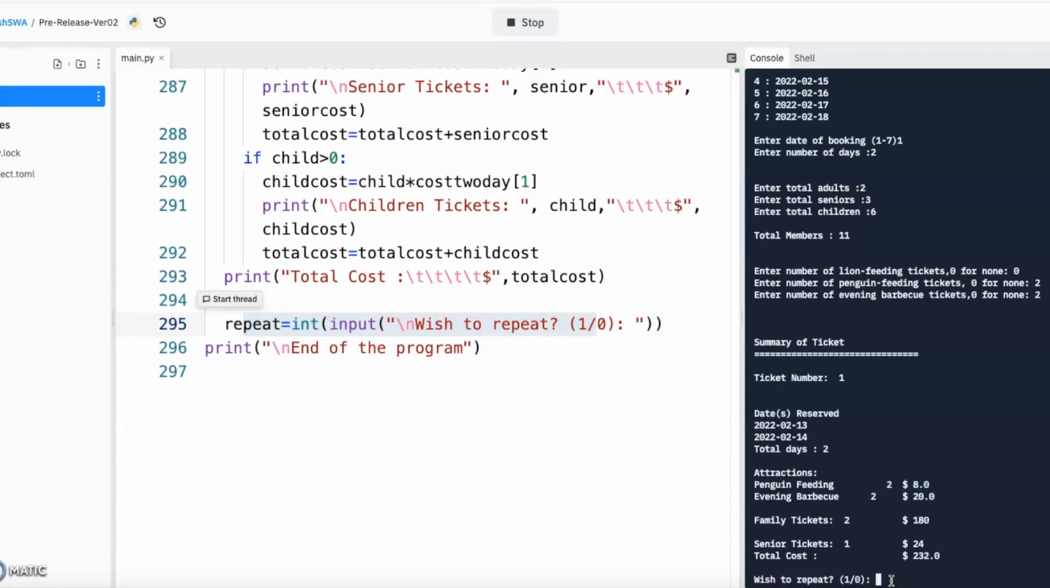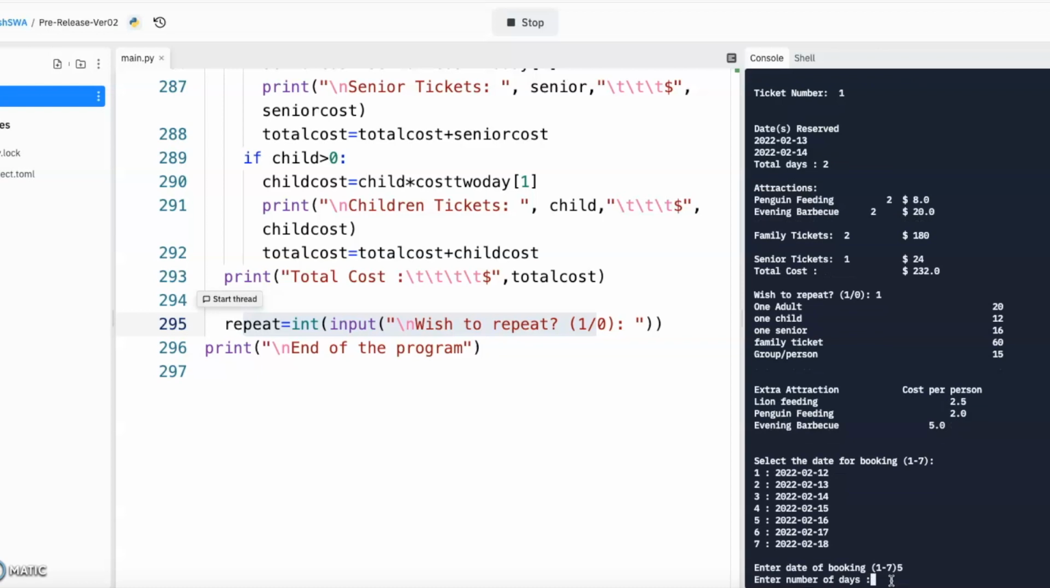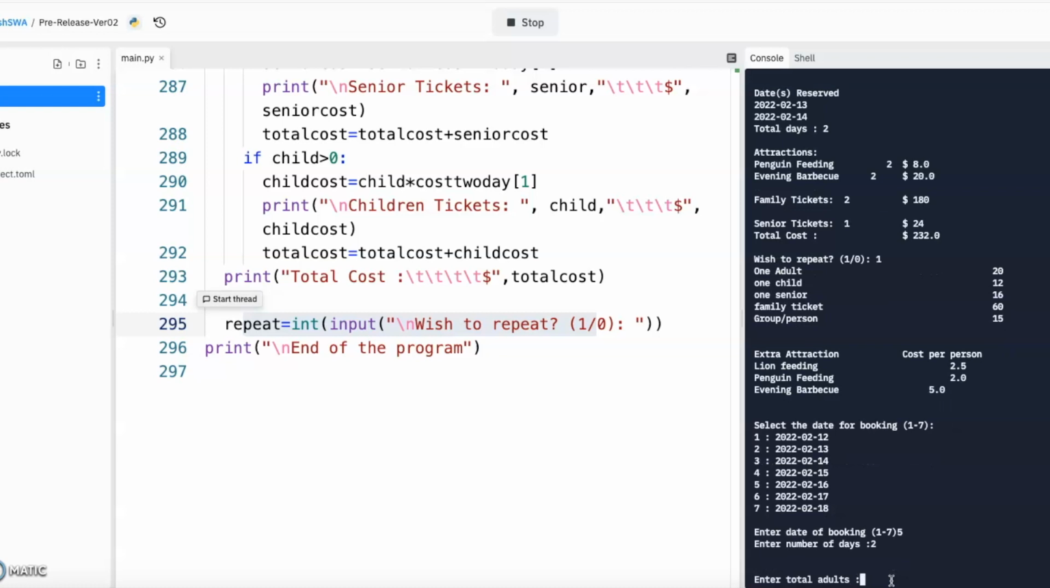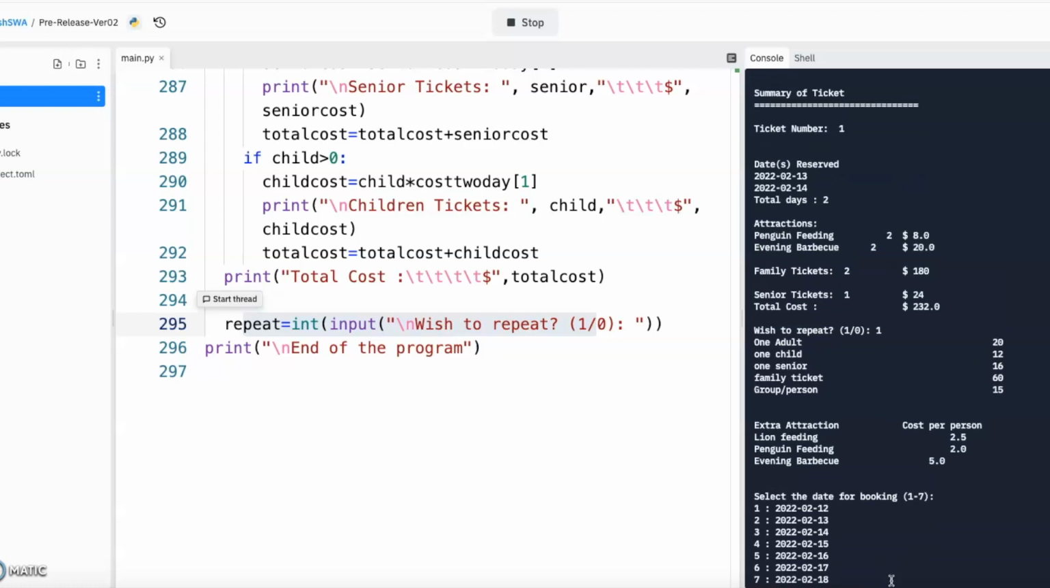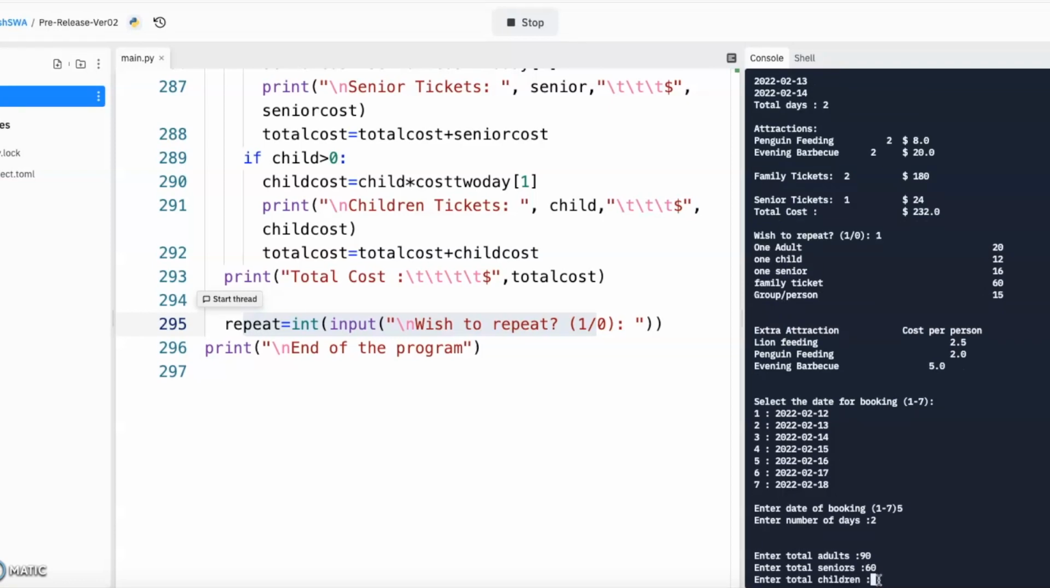So I give the choice as 1 to repeat. It's asking me the date of booking, so I give 5. 5 is 16th Feb. Number of days, let's say I give 2. Number of adults, let's say 90s. Oops. Number of seniors 60. Number of children 88. Because there is no limit, we can take any number of people, and the system should be using different logics to find out the number of groups, the number of adults, the number of children, seniors